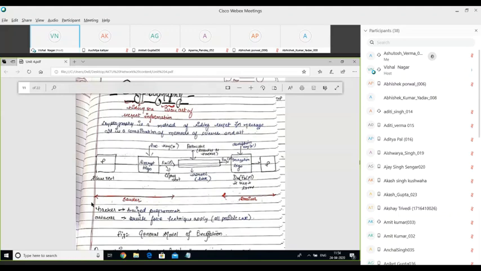The output of this is D_K(E_K(P)): decryption with key K of the plain text encrypted with key K. Okay, so this is the decryption process, and as a result of this, you will get the plain text P on the receiving end. So this is how encryption and decryption are performed.